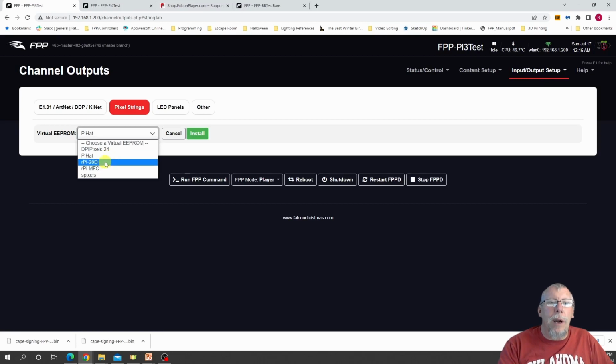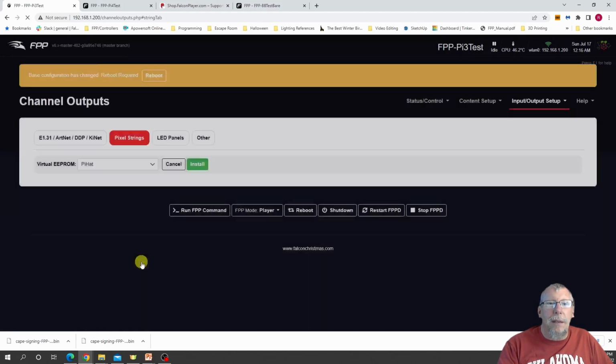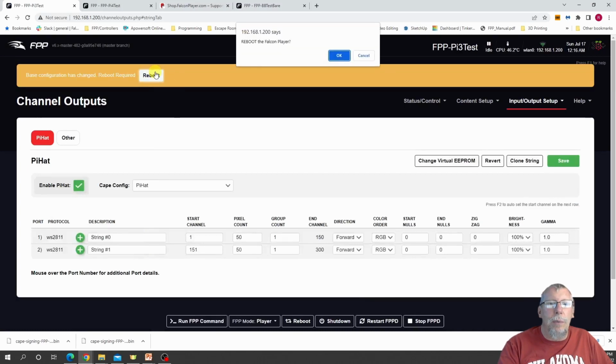Then you have the 2 RPI ones. These are for Hanson electronic controllers, and S Pixels is an older pixel format that hardly anyone is using. So we're going to select the Pi hat, going to install it, and that's it. It's installed. Reboot,